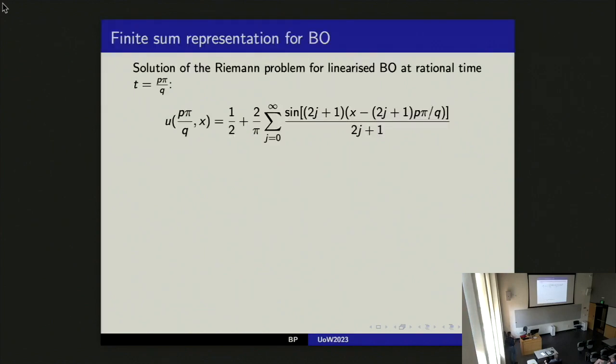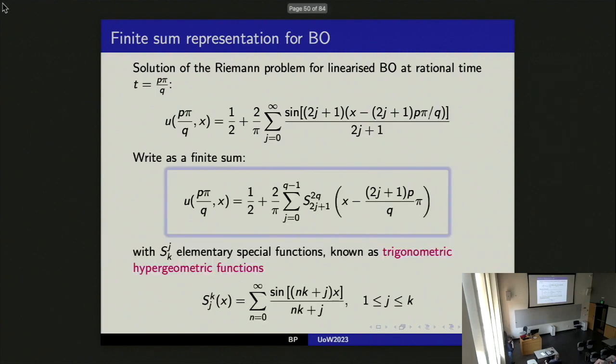So the powerful representation, as far as understanding why this phenomenon appears, or if it appears, is the finite sum representation. So we started trying to do that. Can we write the Fourier series for the solution of this problem, which is given here explicitly? This is the explicit solution starting from a step function. So maybe collect terms, try to do something, and we found that we could write it as a finite sum